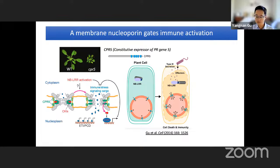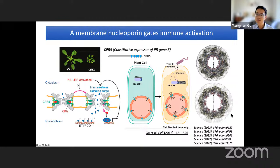This idea is very well supported by a series of recent publications which reveal a near atomic structure of the nuclear pore complex in humans. These findings reveal that the nuclear pore complex can undergo dilation and constriction processes. This process can dramatically change the central channel diameter, which potentially affects the transport capacity and the selectivity of the nuclear pore complex, which is very consistent with the model that we proposed in plants a few years ago. So study of the CPR5 protein got me very interested in the nuclear pore complex